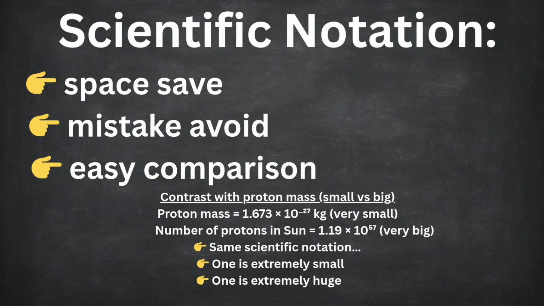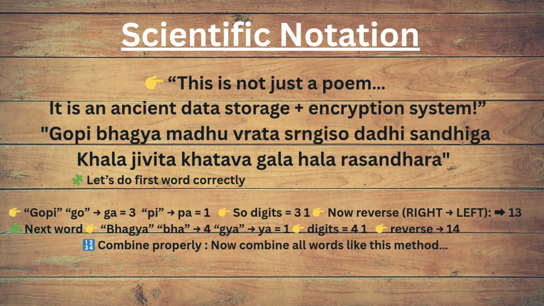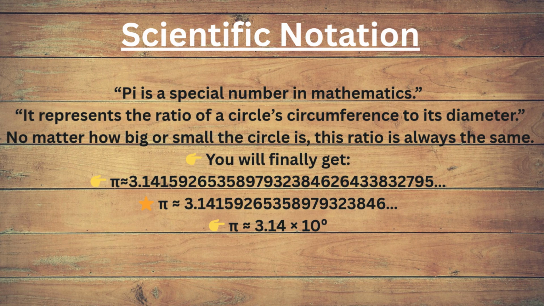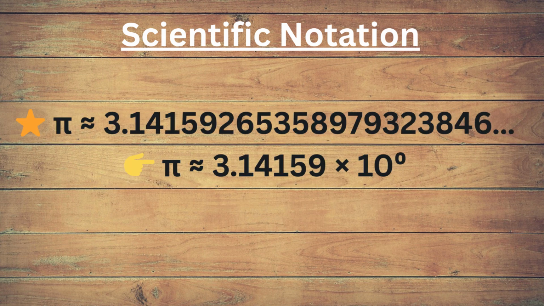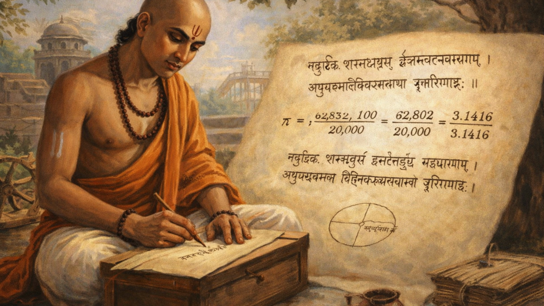Now, remember the sloha we started with. That sloha follows the Katapayadi system. When you convert the words into numbers, you don't get a random number. You get a value of pi. The commonly used value is pi equal to 3.14, which means approximately pi equal to 3.14. But the real value goes on endlessly, 3.14159265. It goes on. Ancient scholars encoded this in sloha form so that it can be memorized perfectly without losing